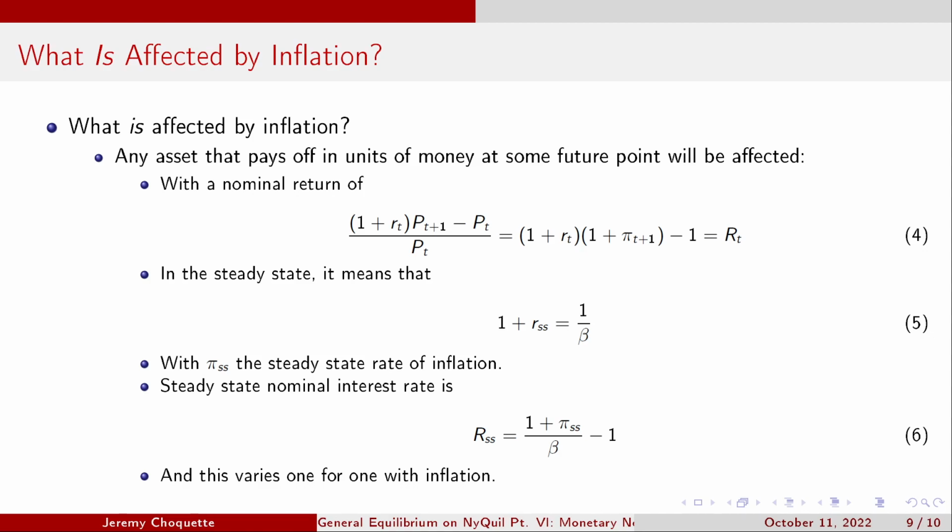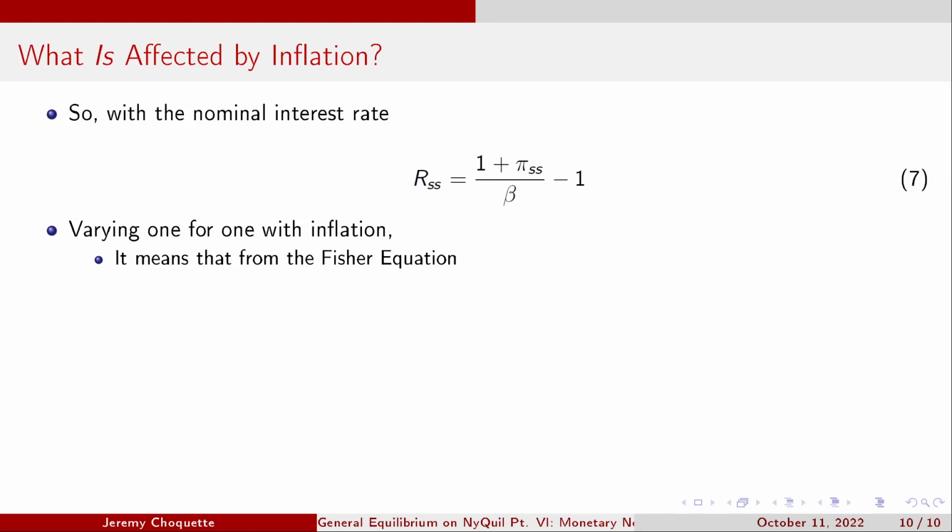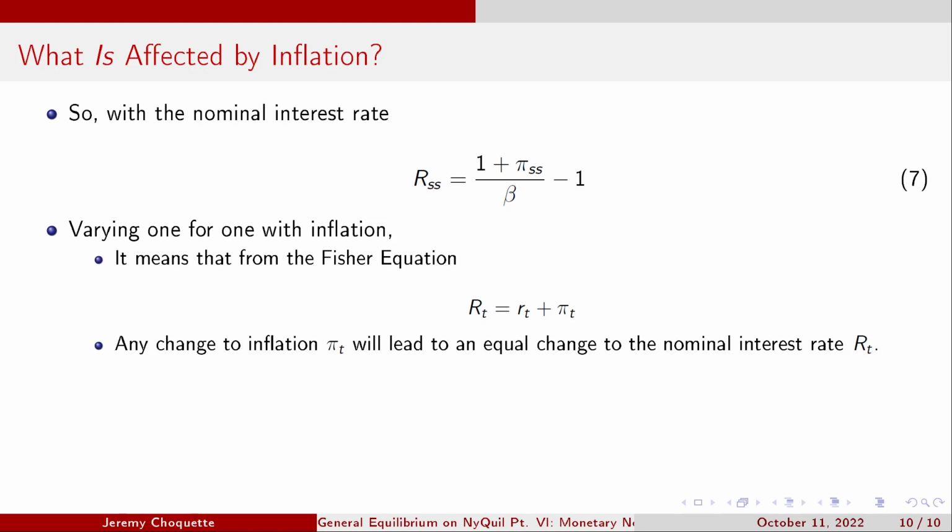And because it is equal to what it is in equation 6, the nominal interest rate varies 1 for 1 with inflation. And if the nominal interest rate is varying 1 for 1 with inflation, say inflation increases by 1%, the nominal interest rate increases by 1%, and the real rate remains entirely unaffected. So with the nominal interest rate, equation 7, just like what we saw in equation 6, it's the same thing. With it varying 1 for 1 with inflation, it means that from the Fisher equation, which is nominal being the sum of the real rate plus the rate of inflation, any change to inflation leads to an equal